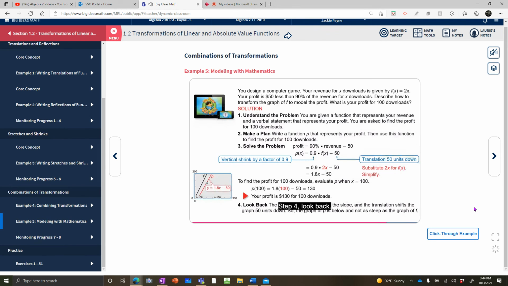Step 4. Look back. The vertical shrink decreases the slope, and the translation shifts the graph 50 units down. Using a graphing calculator to graph f of x and p of x, you can verify that the graph of p